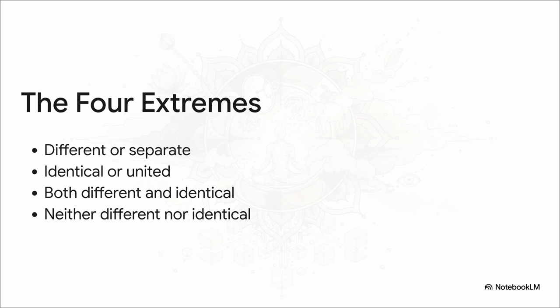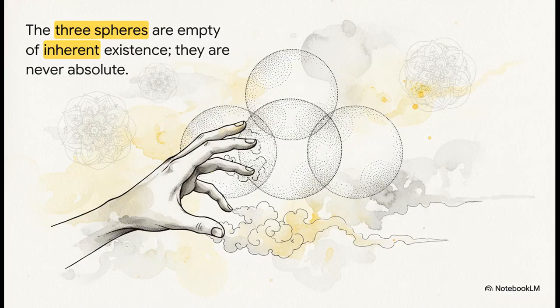I mean, think about it. If the element and its characteristic were perfectly identical, the distinction completely collapses. There'd be absolutely nothing left to define. But on the flip side, if they were inherently different, they'd be completely isolated in their own separate little bubbles, totally unable to interact. And trying to combine them as both or wave them away as neither just stacks logical errors on top of each other. It doesn't work.